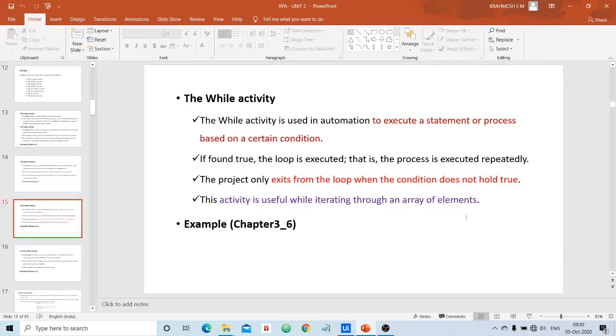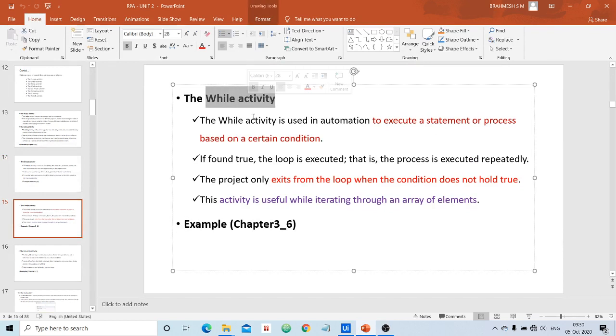So what is the job of the while activity? This activity is similar to the while keyword that you have used in C, C++ or Java. The main job of the while keyword is whenever you want to repeat a task a certain number of times, or to make it simple, until the condition becomes false, then you go for the while activity or while keyword.